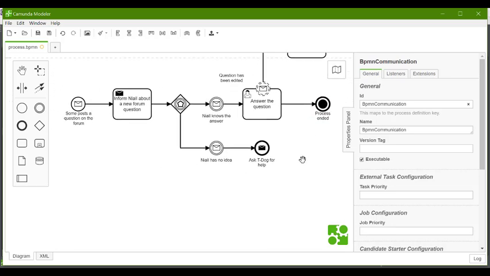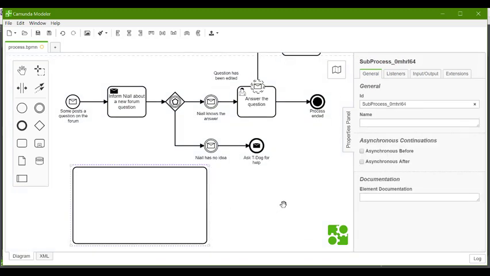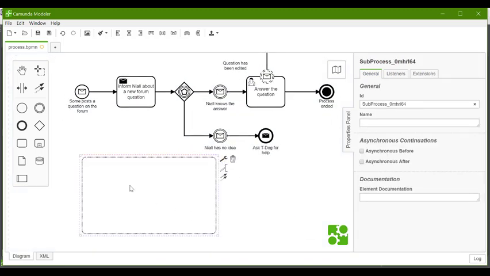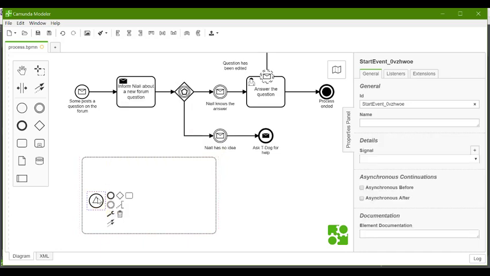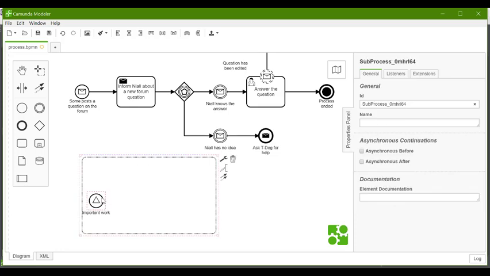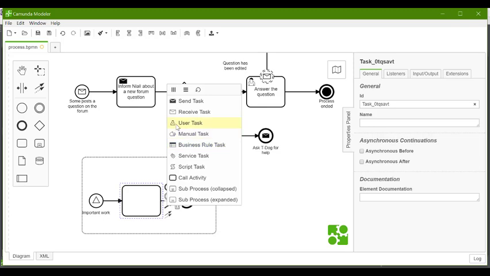There's one more thing that might happen. Obviously, in the important job that I do, it's possible that while I have all these lovely questions to answer, some important work shows up. And this could mean that no matter how many questions I'm dealing with, because this could happen multiple times, if I have some important work to do, I need to drop what I'm doing. I need to stop all of these questions to answer. That can be someone else's responsibility. And instead, I can then go ahead and do my important work.